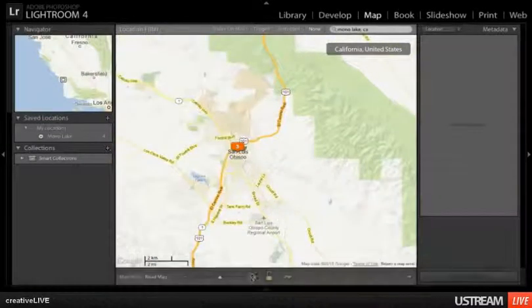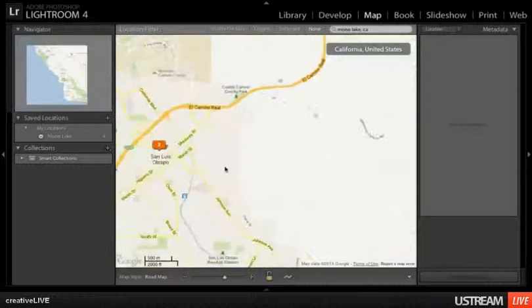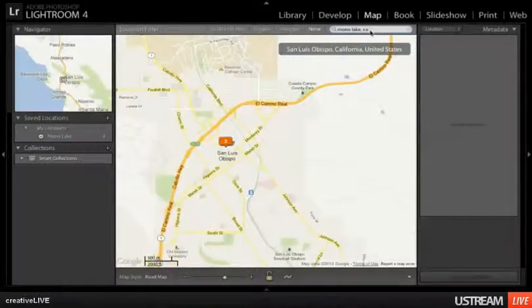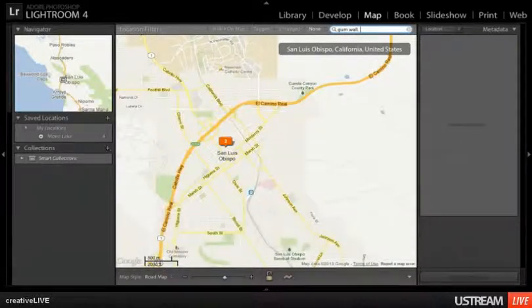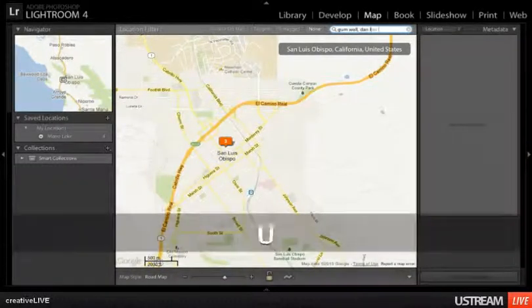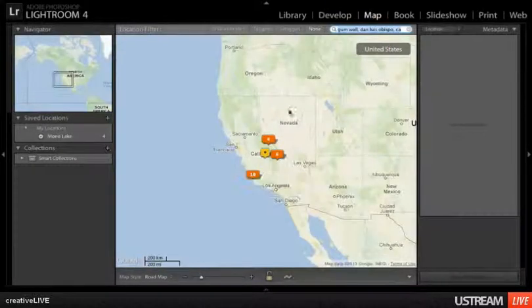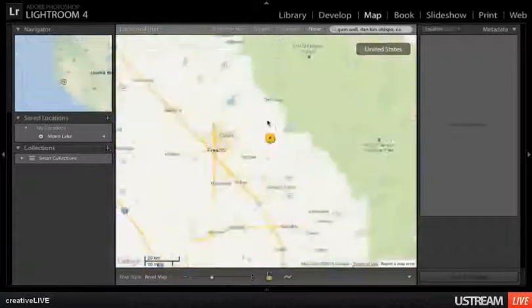and let's say I figured out where the gum wall was. Maybe I went on Google, and let's see if you find it. I doubt it, but gum wall San Luis. See if I spelled that right. Oh, it didn't find it. It didn't zoom up. But I could do a Google search for gum wall San Luis address or something, and I might find it. Then I could search for that address in here. But let's say that I did learn that I put